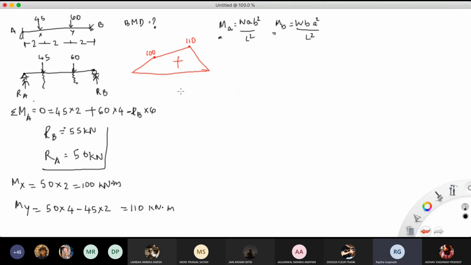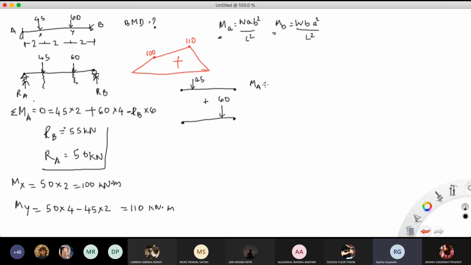Now I know that this beam can be related to this beam with 45 kilonewton plus this beam with 60 kilonewton. Okay? Negative bending moment here. Okay. So MA